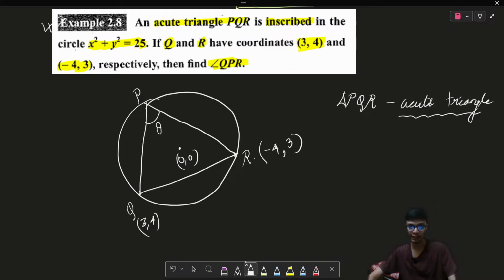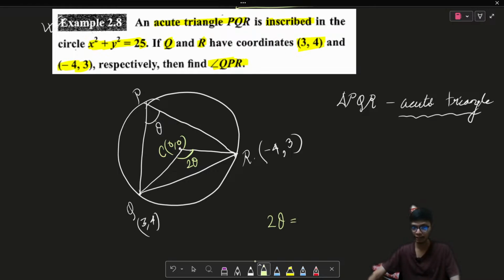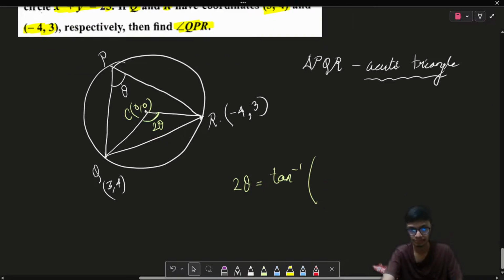So in order to find out this theta angle, what I'm going to do is, without even solving for the coordinates of point P, I'm first of all going to find out the angle that this chord RQ is subtending at the center. So this particular angle will be equal to 2 theta. If I get this angle, which is 2 theta, then it is going to be theta by the properties of the circle, right? So if I am able to find out this 2 theta angle, then I can easily comment on what is theta. And I can easily find out 2 theta because that will be tan inverse of,